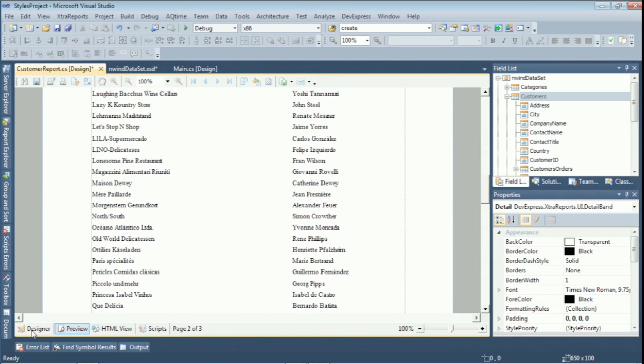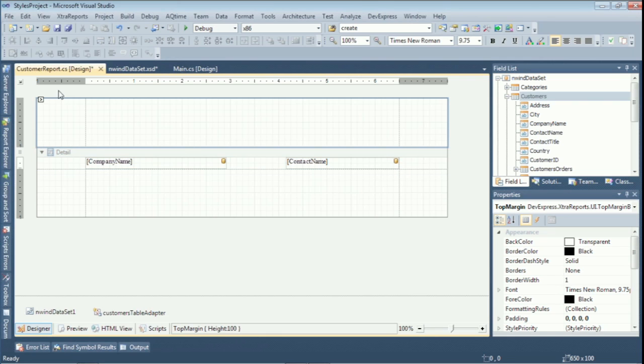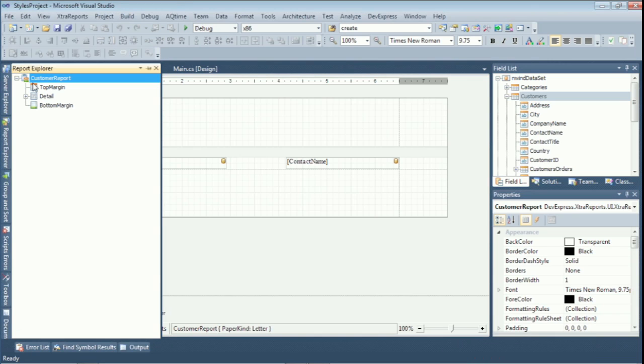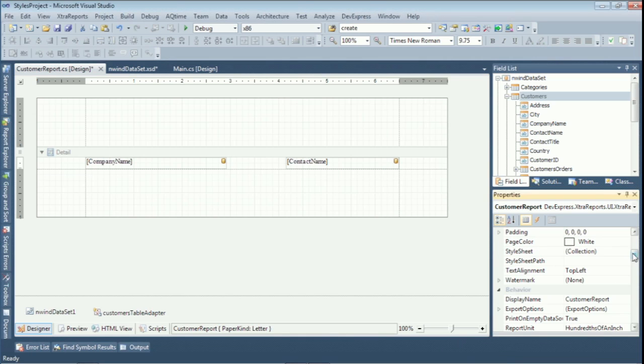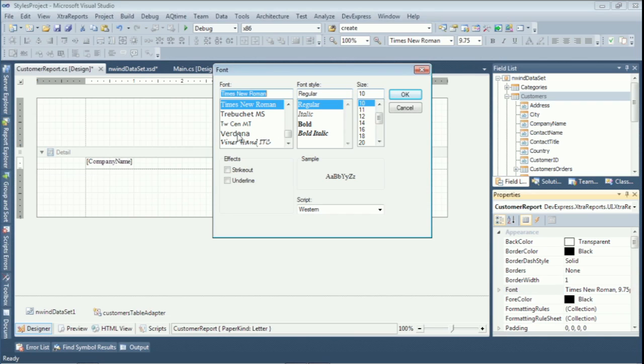Pretty simple, right? The first thing we want to do is I want to show you how setting the report style properties actually filters down to the company. One nifty thing that I always like to look at is the Report Explorer, because it shows you how things are set up hierarchically. Okay, so let me set up some report styles here and show you how they will filter down all the way to the bottom. We are going to change the font of this report to Verdana